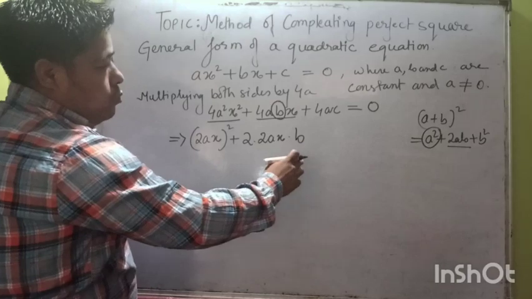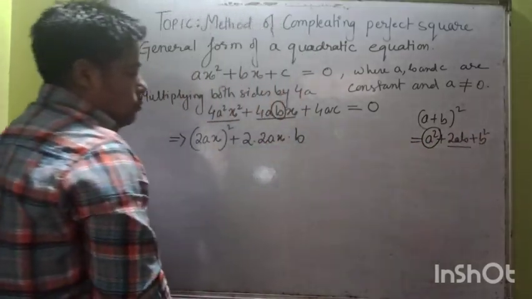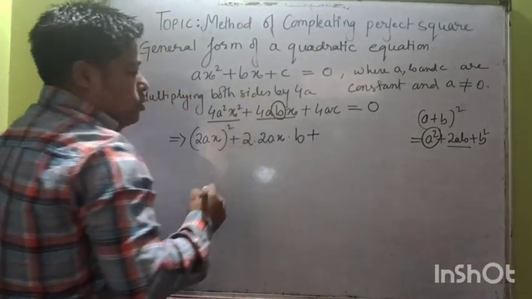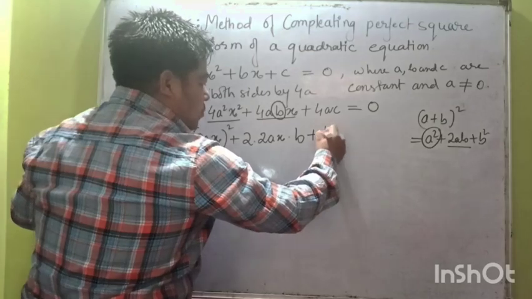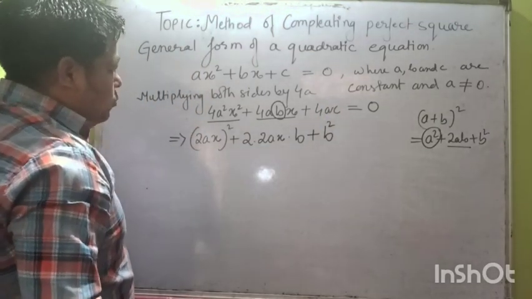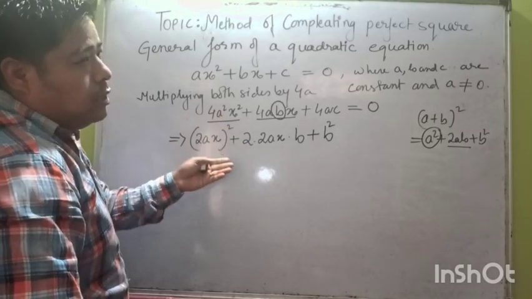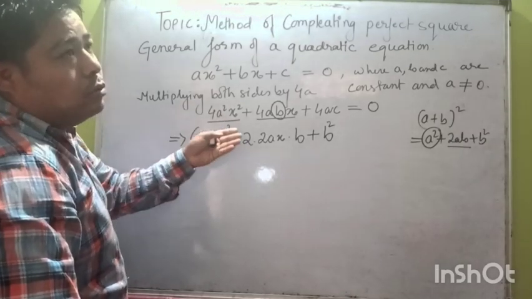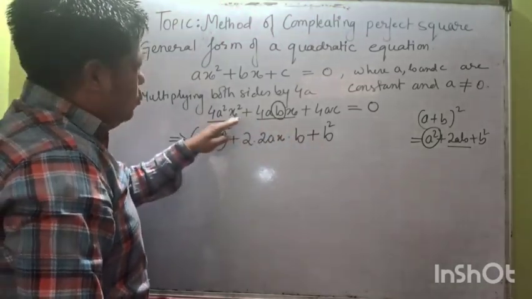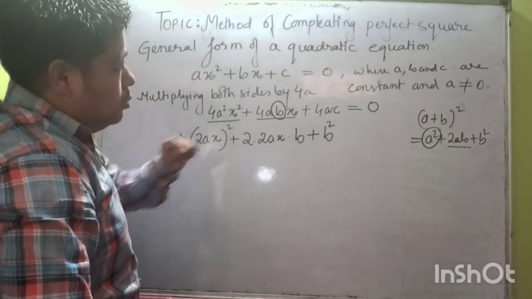Now we know that when we have A square plus twice AB, then we should have B square. Now let's try to complete our formula by putting plus B square here. But as we know that our first term comes from the first term of the above expression, second term from the second term, that means our third term must also come from the above expression. But you can clearly see that there is no B square in the above expression,